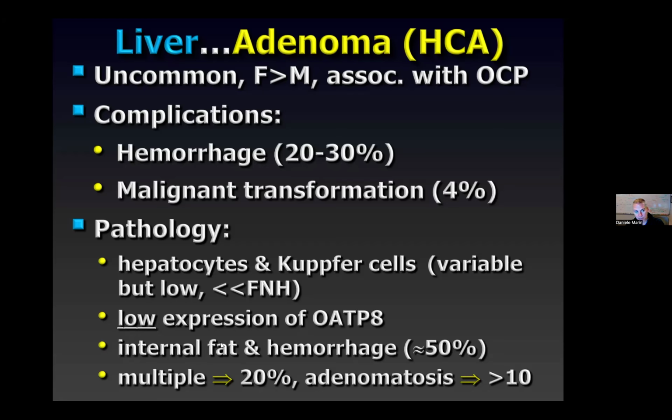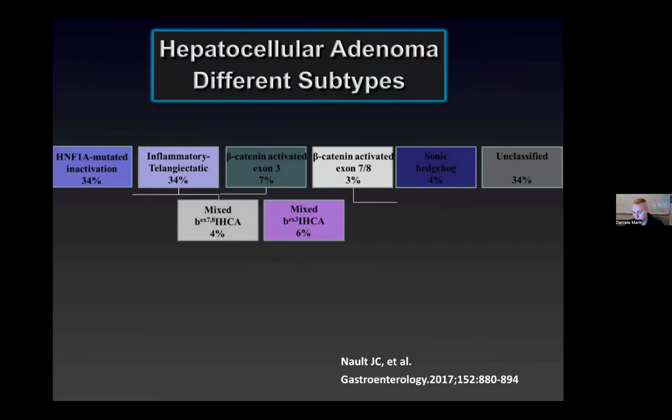The second important point is the fact that the lesion oftentimes contains fat or hemorrhage, about 50% of cases. Again, they can be multiple, and in some cases, the lesion can be more than 10, and in those cases, we use the term hepatic adenomatosis. I'm not going to go into the details of the genetics, but it's important to understand that we have a